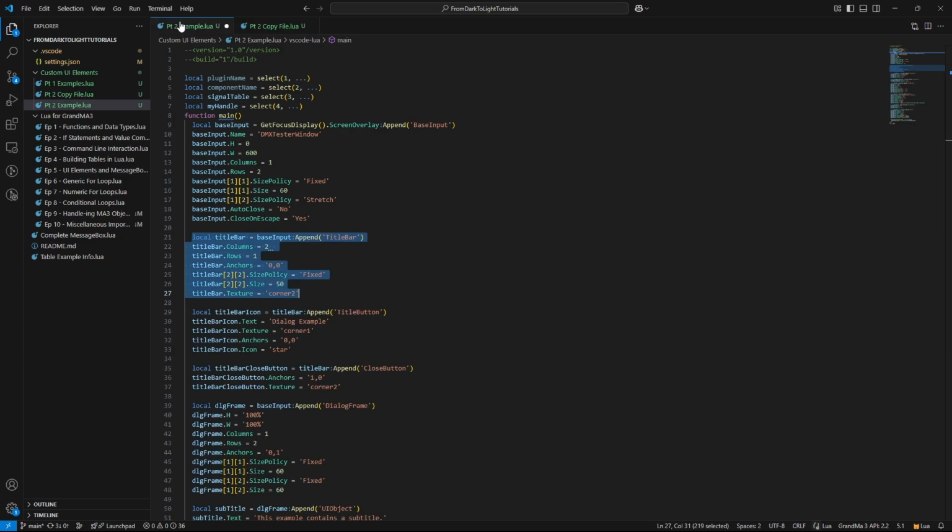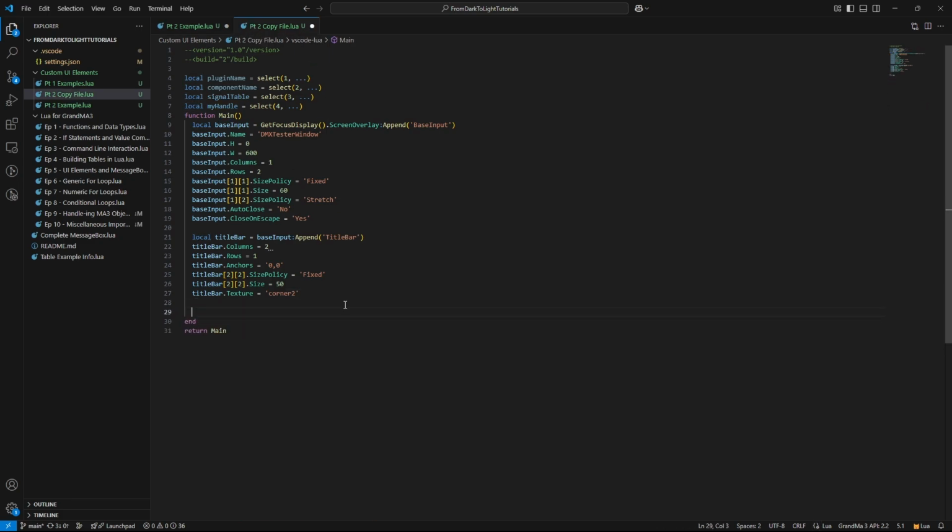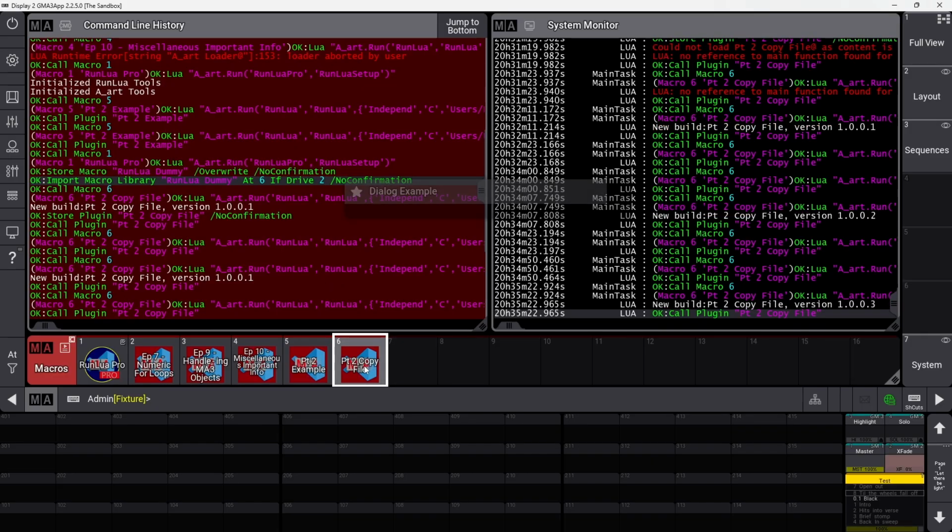So I'm going to go over here and I'm going to copy the title bar icon and put that in. And now let's try it. Aha! So now the title bar icon is actually including this whole section, which is the entire first column of our title bar.